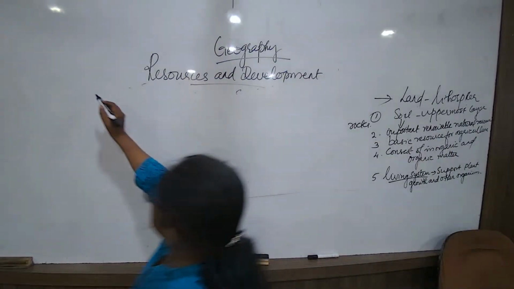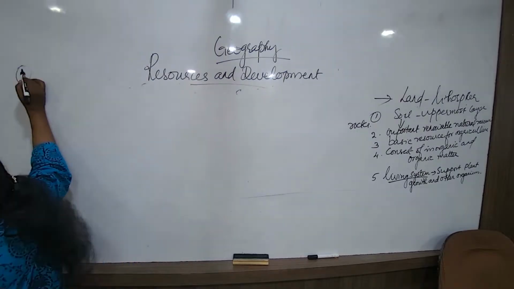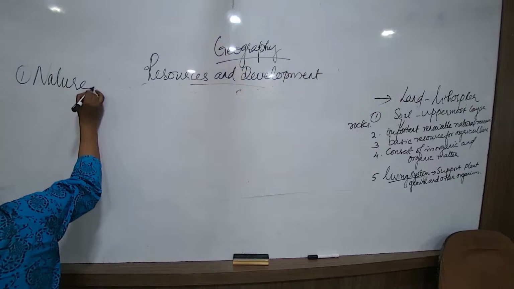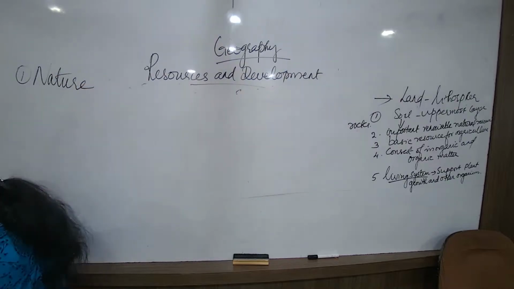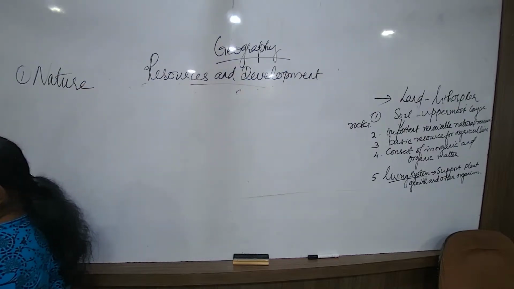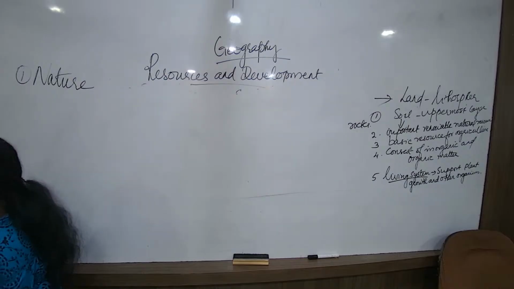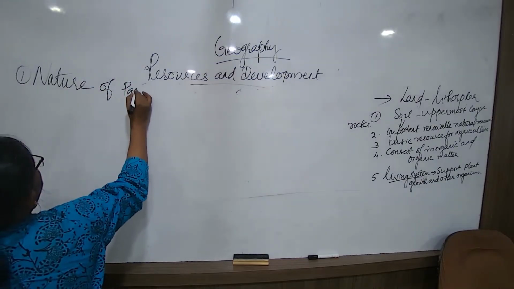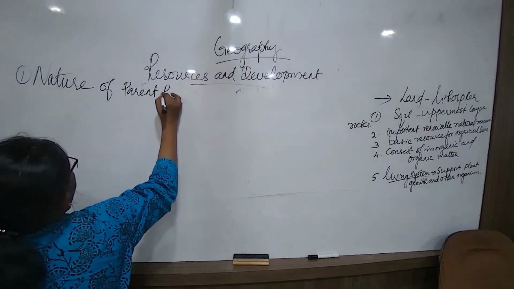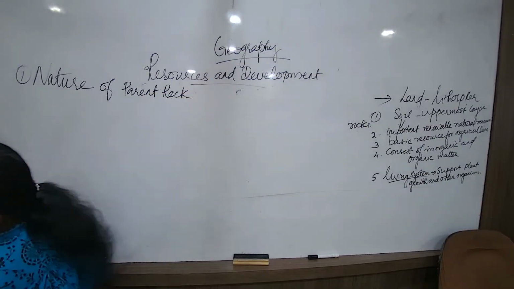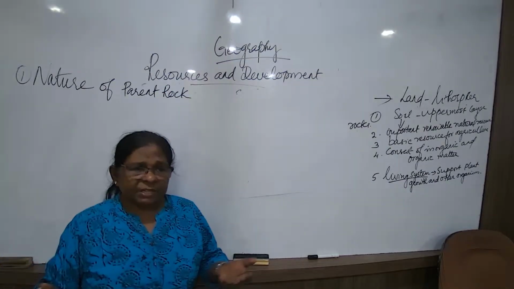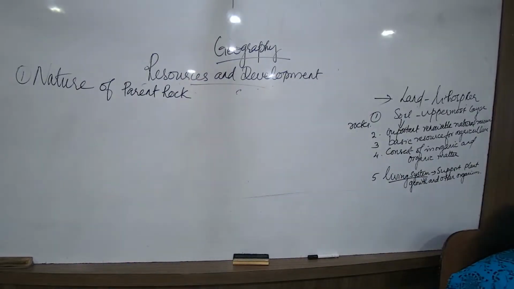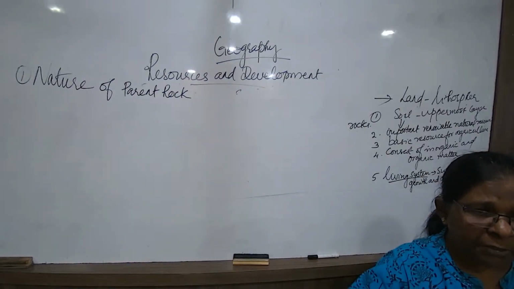Now, what is the first factor we have discussed? Nature of parent rock, comma, relief. See, have you seen different types of rocks? When you travel to some other part, you could see that